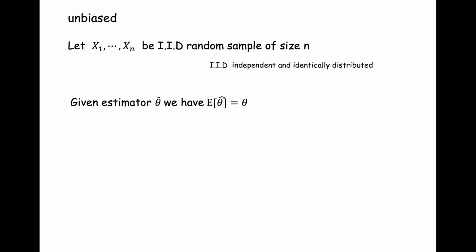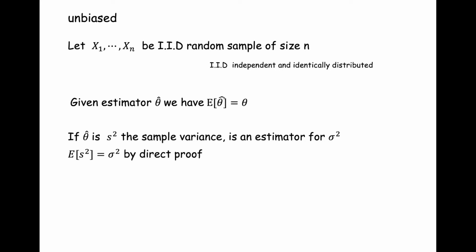And so for unbiasedness, we said if you have some sample of size n, and they are, quote-unquote, IID, independent and identically distributed, so one sample does not influence the other, and they're from the same distribution. So if you have some estimator theta hat derived from a statistic, a function over that sample, we have that the expectation of that theta hat, or estimator, or statistic, is exactly equal to this unknown population parameter theta. And this also played out in a MATLAB example that we demonstrated earlier in the semester.